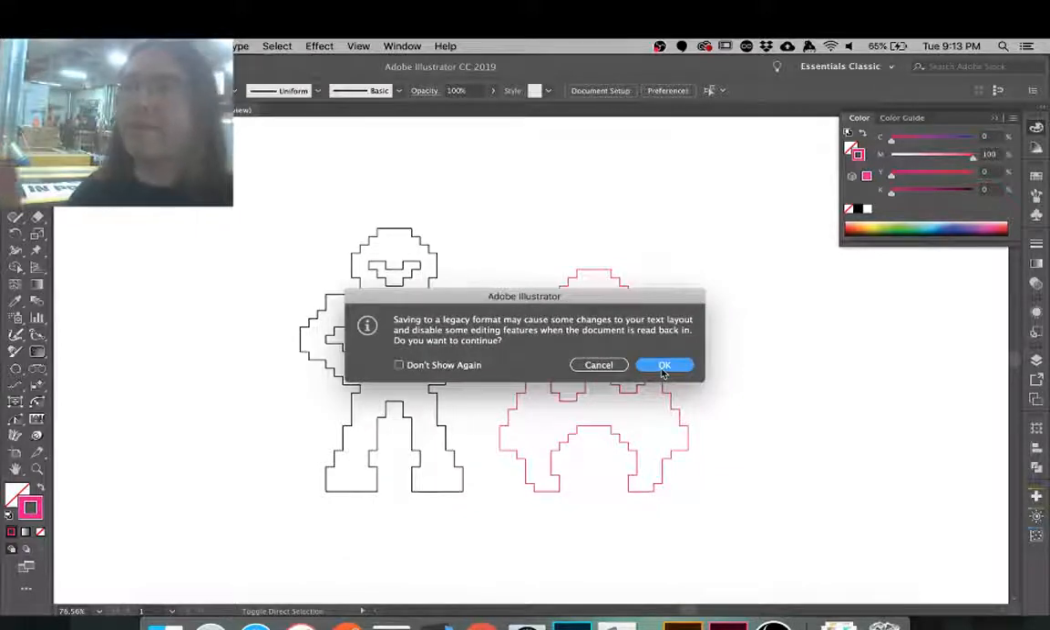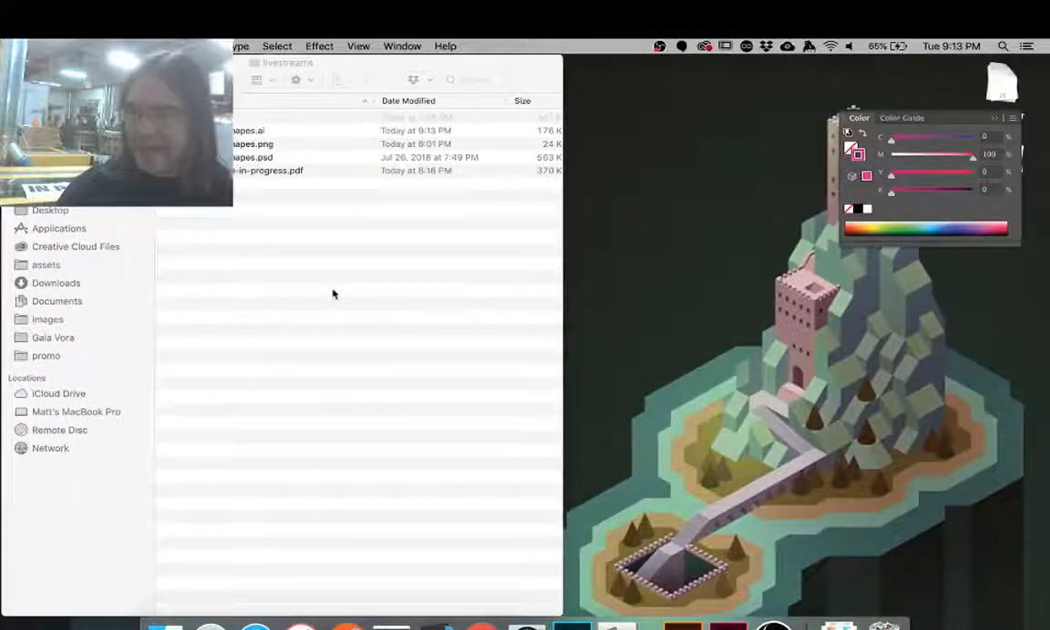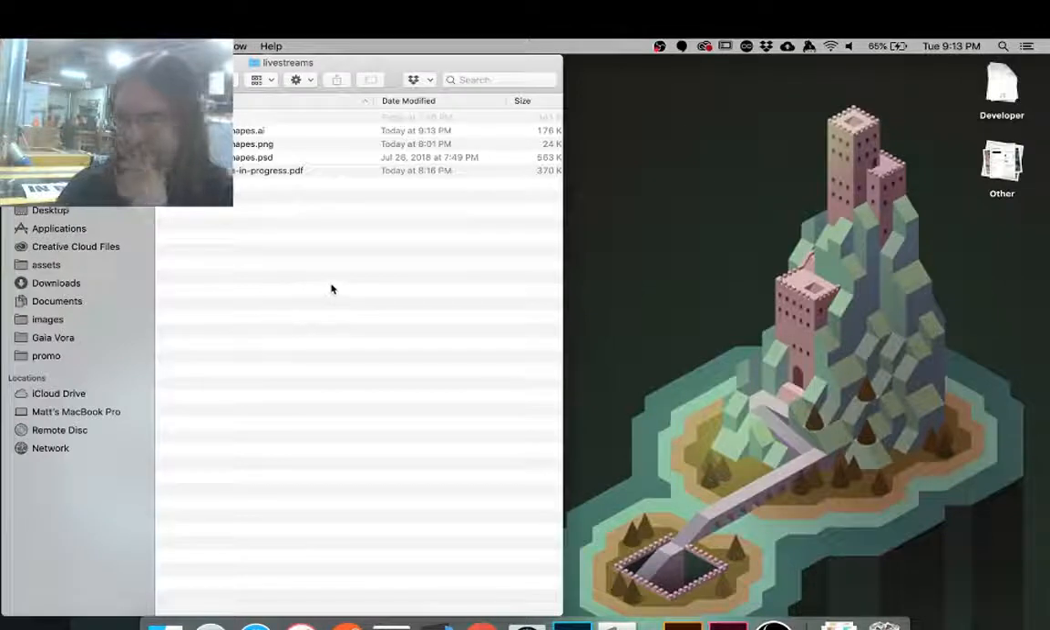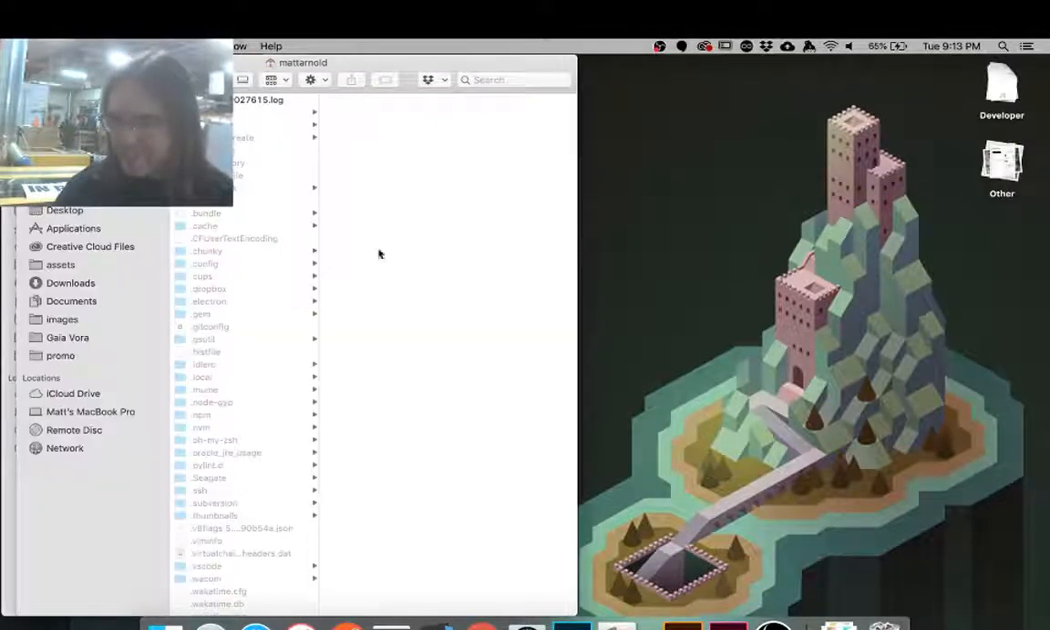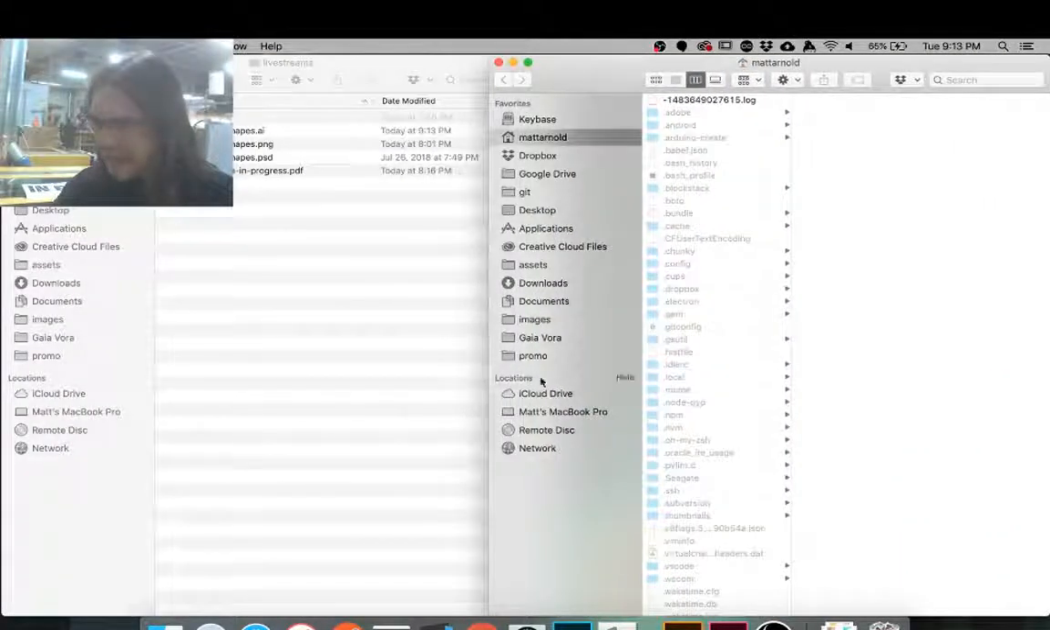And it's like, oh no, you're saving it in an old format. Doesn't matter, because the laser cutter software we're going to be using here needs that old format. So that's actually a good thing. So now, I'm going to go to my Finder in Mac, and I'm going to give myself a new Finder, and I'm going to go to our,